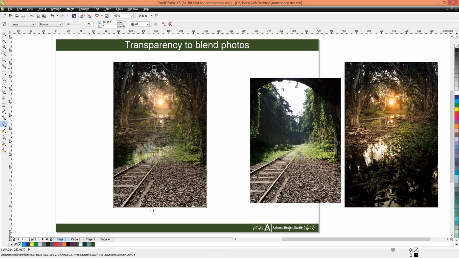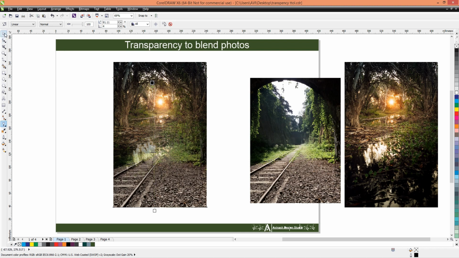There are two colors in this transparency. Where there is black color, the transparency is more, and where there is white color, there is no transparency. According to this we can adjust our transparency through this handle. Through this handle we can move up and down and make the transparency where we want. Its middle is put down so that it can merge better. It looks like one image.